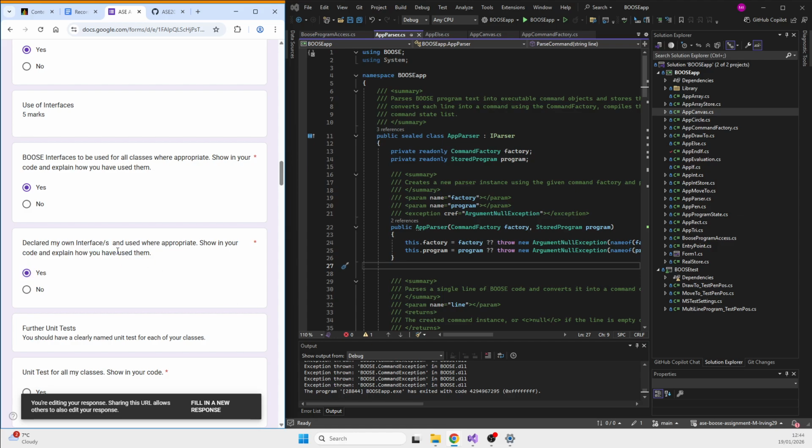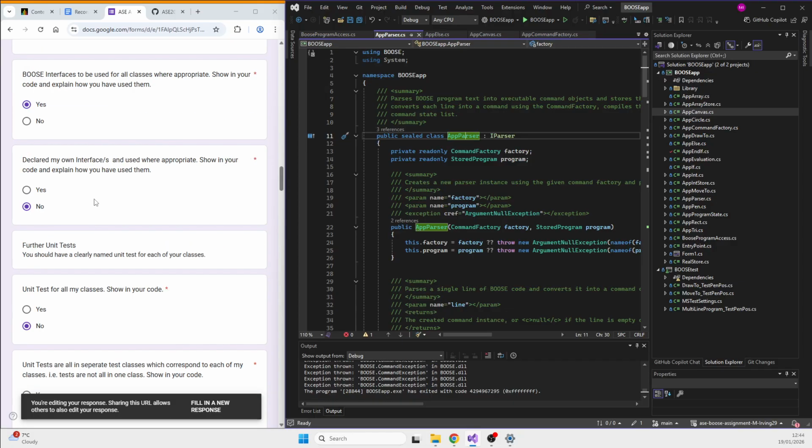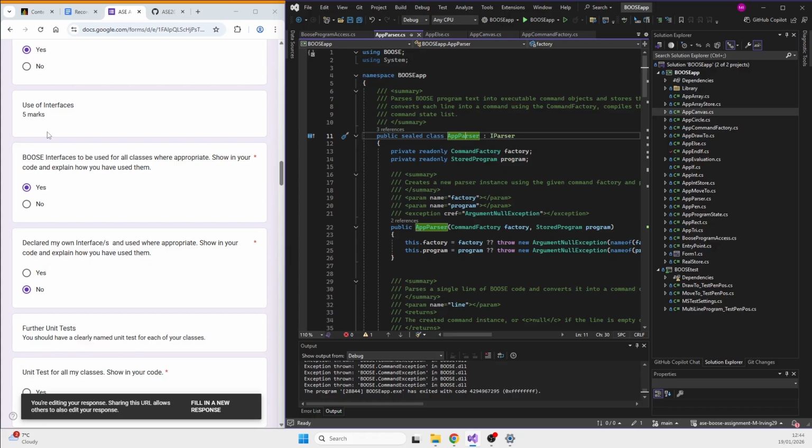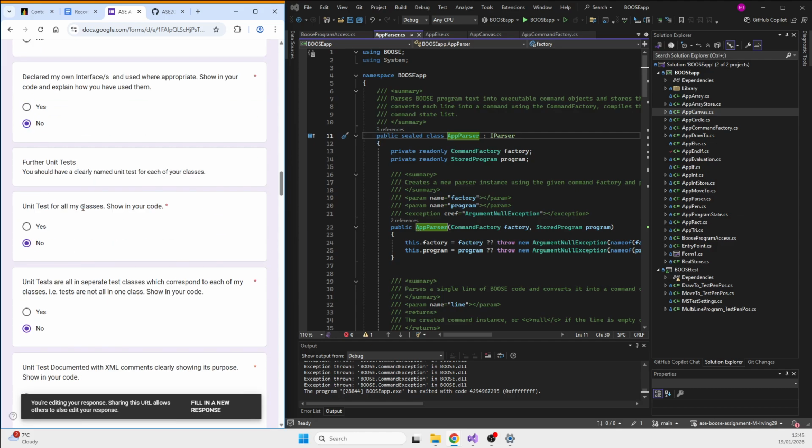But I don't have my own interface. This is just existing things that I've replaced. I haven't created anything on my own, so I'll tick no for that. But if I am wrong in this, don't hesitate to take the marks. It's not plagiarism, I don't think. It's a bit of a grey area for me, but I'm more than happy to just lose them if that's the case.